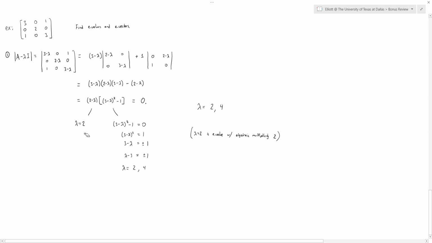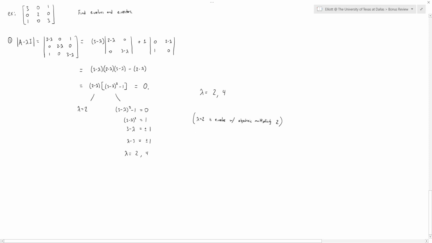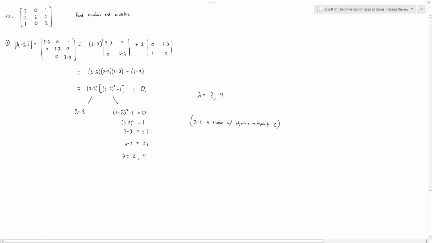Referring to the fact that lambda equals 2 was repeated twice as an eigenvalue when we were finding the roots of the characteristic polynomial. Okay. I don't think you guys really use this terminology of algebraic multiplicity, but I thought I would maybe mention it just for the sake of it. Okay. So then here, to get the corresponding eigenvectors now, you only need to check these 2 eigenvalues. You can't really check lambda equals 2 twice, so